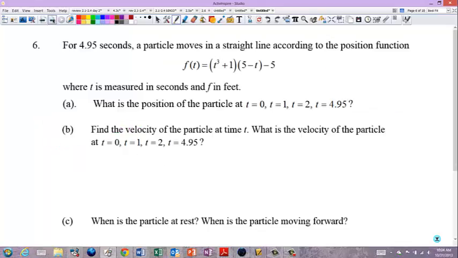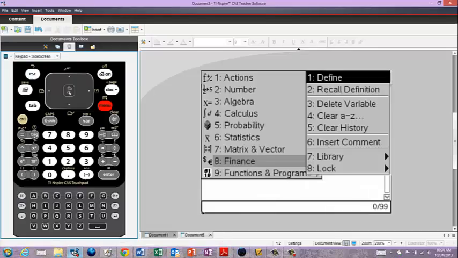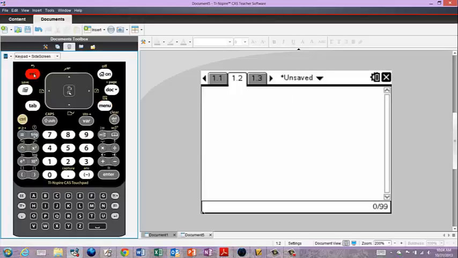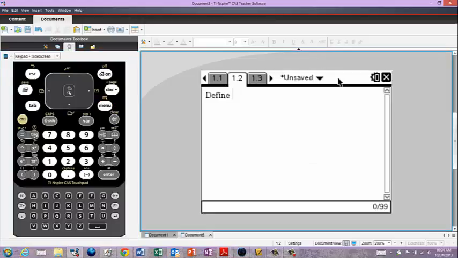Number 6, the one that gave everybody trouble. Alright, some tips on this one. First of all, I'm going to define this, because I'm going to have to plug stuff into this over and over again, so the best thing you can possibly do is to define it. On your regular old calculator screen, you're going to go menu, actions, define, and I'm going to define it as its position. I'm just going to call it S of X equals